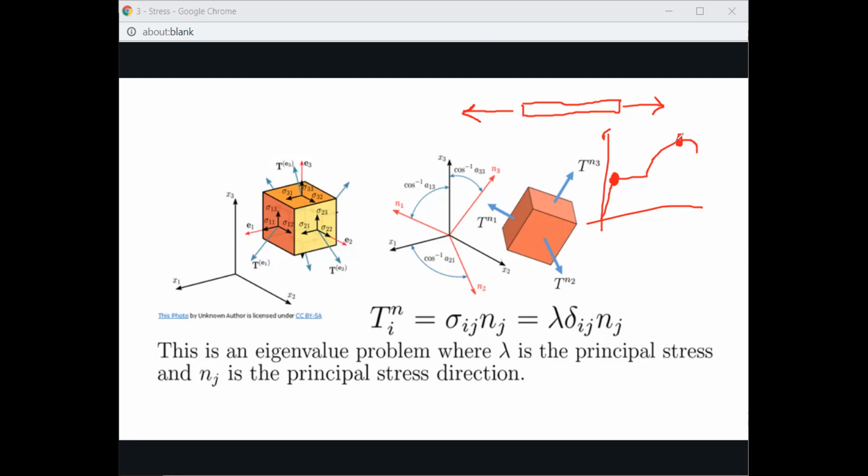And in the theories of failure, we normally use the principal stress as a metric. Okay? So what is the principal stress? The principal stress is the stress on a stress block